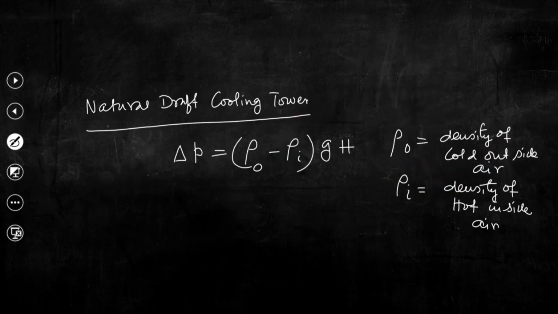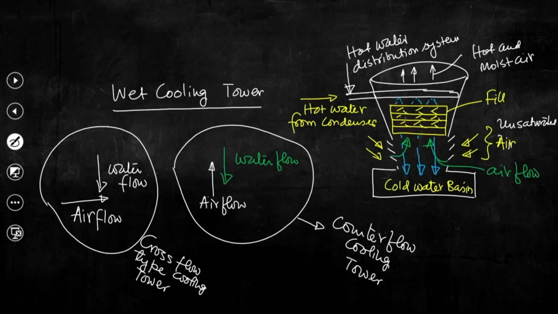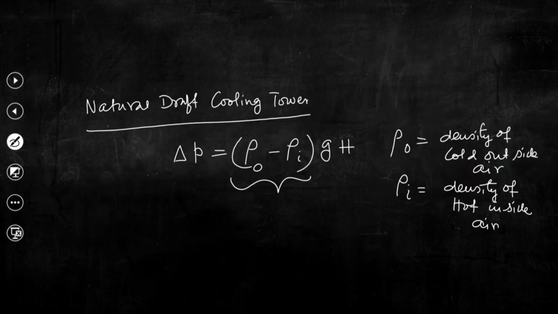Now, if we look at this expression, we can understand that this difference is not very much, but still we need to have a substantial pressure difference, otherwise there will not be any flow of air. Why? Because air has to flow over this particular arrangement or section, wherein the air flow will experience substantial resistance. If we need to overcome that resistance, together with maintaining a certain flow rate of air, then this pressure difference will be up to a particular limit. Since the density difference between the cold air and the hot air is not very much,